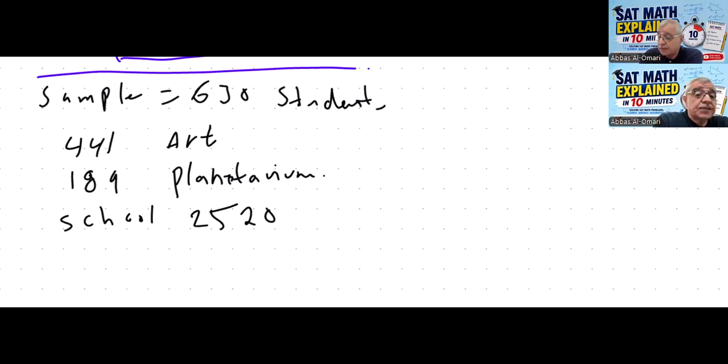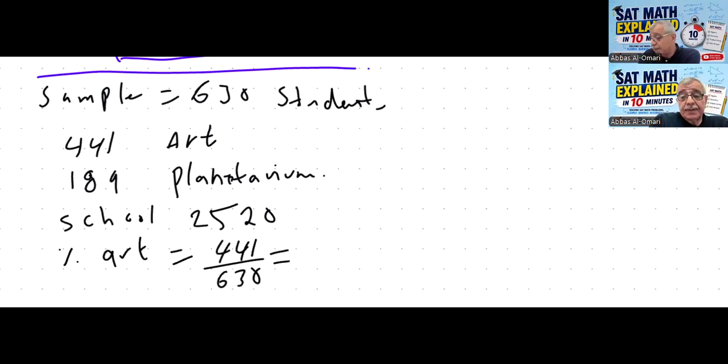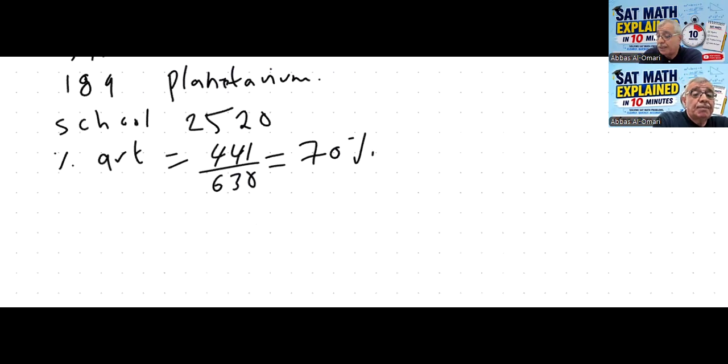So we find a percentage. The percentage of those who prefer to go to an art museum equals 441 divided by 630, which is the sample. And this equals 70%. So 70% prefer to go to an art museum, and 30%, the percent of those who prefer to go to the planetarium,